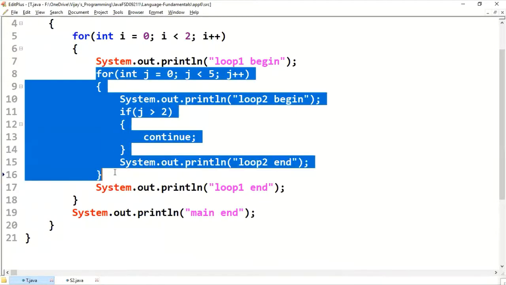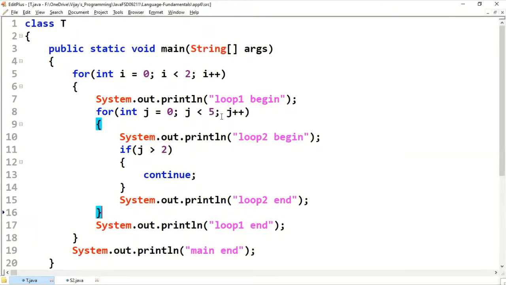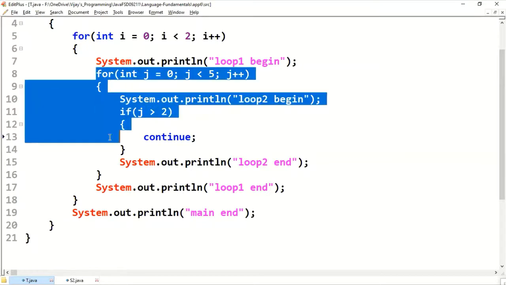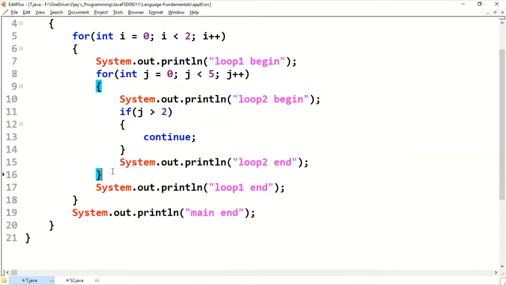Since we have not specified which loop to skip to the next iteration, by default the inner for loop will skip to the next iteration, because in the inner for loop only we have specified the if block, then continue.